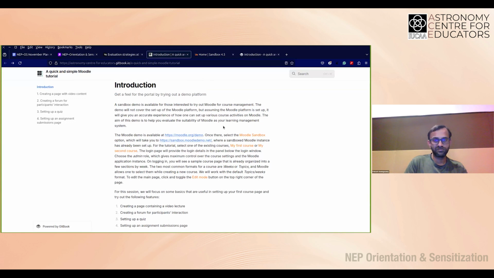It is run as a unit which doesn't stay permanent and which can be modified pretty much at will by anybody, and it doesn't affect that particular website's overall performance just because you deleted a whole bunch of things, but still gives you enough freedom to try out the whole application. So you can access it through this Moodle.org/demo, or particularly that sandbox through this link, sandbox.moodledemo.net.